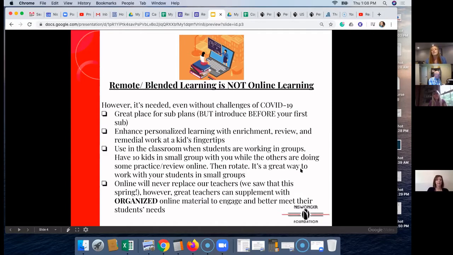All I have to do is tell the sub to have the students log into Canvas and go to the module that says this. And so it just makes things easier for us as teachers, for the subs, and for the students.